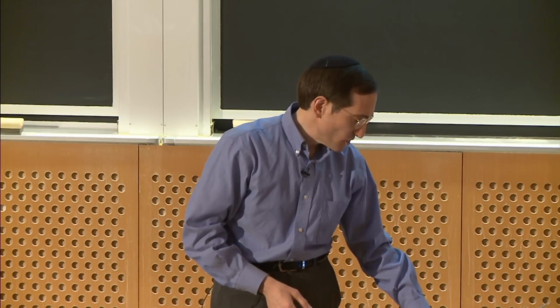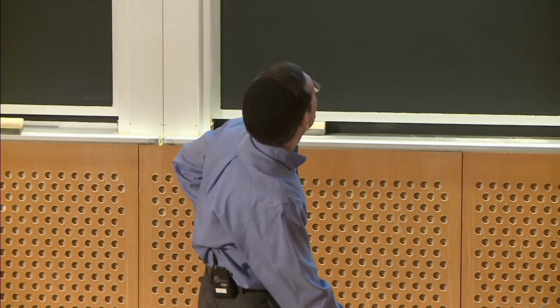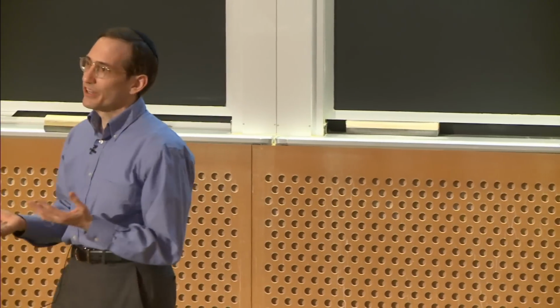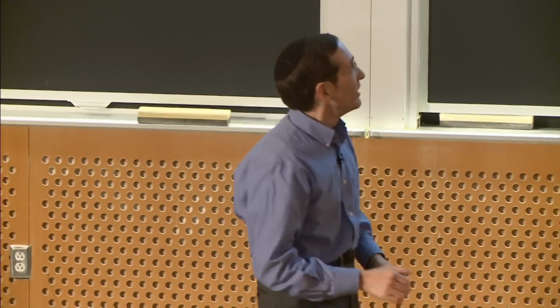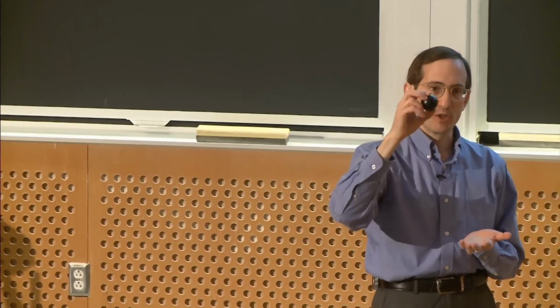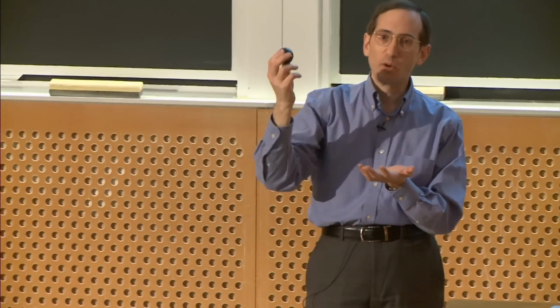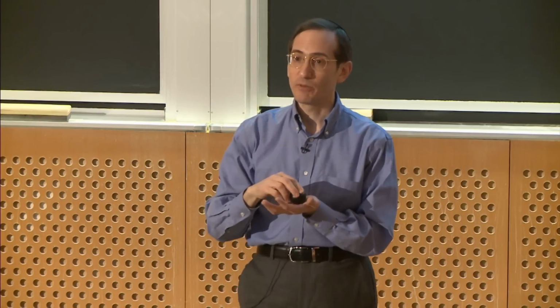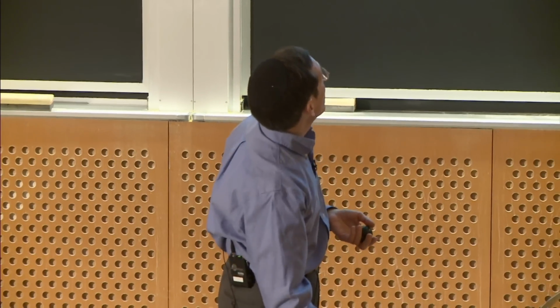So what does the statistician do? The statistician has a mixture of experimental observation and statistics to their benefit. So we can measure how hydrophobic any molecule is. We can take carbons and drop them into nonpolar solvents and into polar solvents and determine what fraction of time a molecule will spend in a polar environment versus a nonpolar environment, and from that get a free energy for the transfer of any atom from a hydrophobic environment to a hydrophilic environment, right? That can give us this delta G ref,